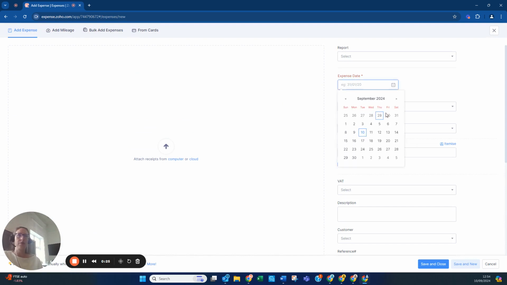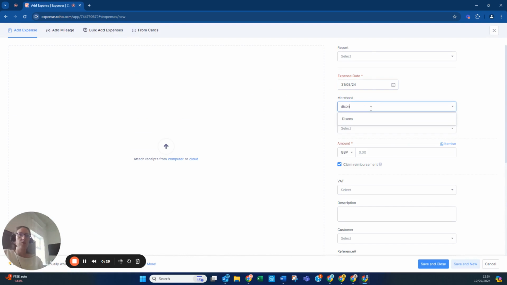So let's say the expense was dated 31st of August, and let's say it was from Dixon's, showing my age. So that's immediately, because it's noted that the last time I used Dixon's, it went to office supply, so it's automatically picked that up for me. So here you can enter how much you've spent, and you can enter a